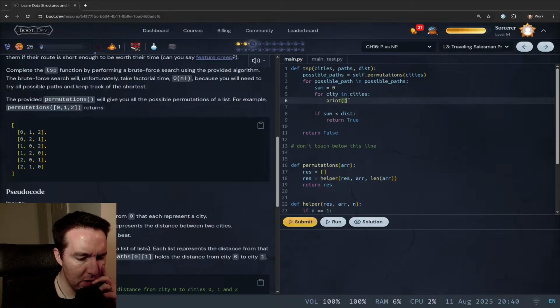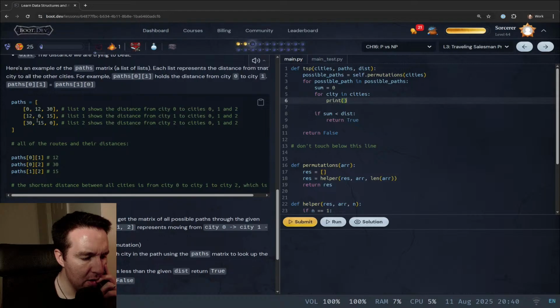Yeah, okay, so then possible path is going to be one of these. So then we take